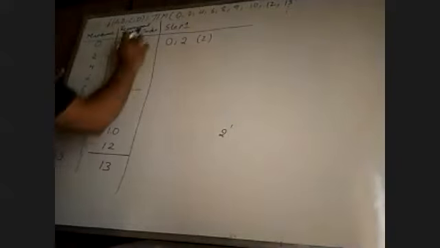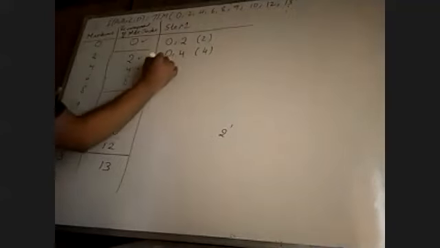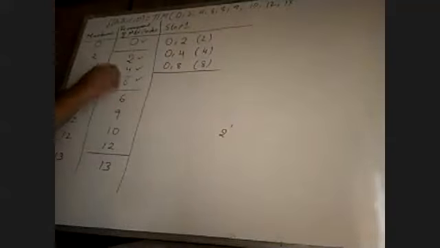After the comparison is done, indicate a tick mark. Next, 4 and 0 is a valid comparison. You can write 0, 4. The difference is 4. It is also a valid comparison. 8 and 0: write 0, 8. It is also valid. We have completed the comparison of the first group with the second group. Therefore, we draw a separation here. Next, we compare the second group with the third group.